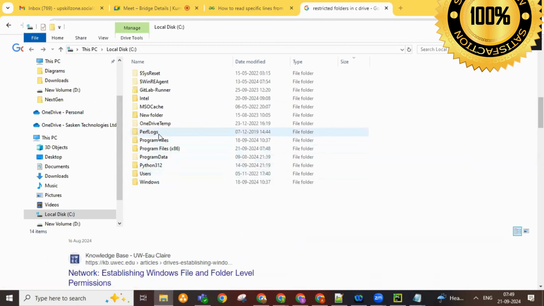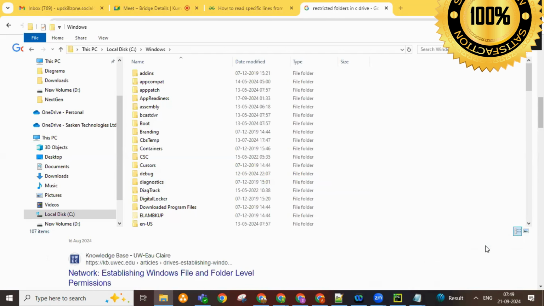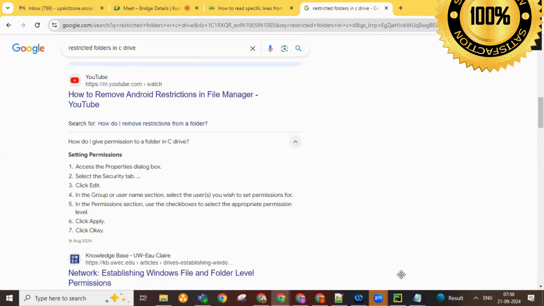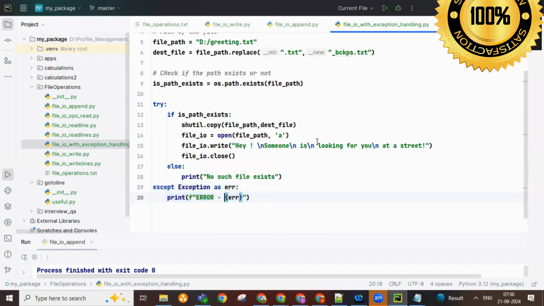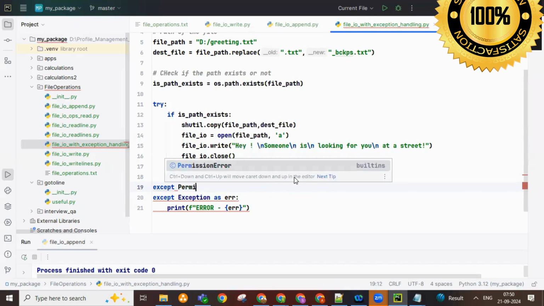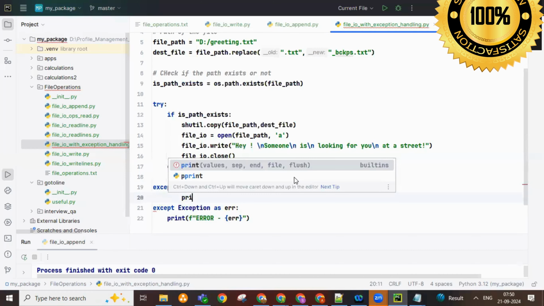I think this is Windows. Let me try to create something here. Will it allow? So what we have to do is, if there is a permission issue, it will be caught in this particular block, right? Or if you want to handle such issues directly, say except. If you want to create a specific exception, say PermissionError as error, right? Print, say